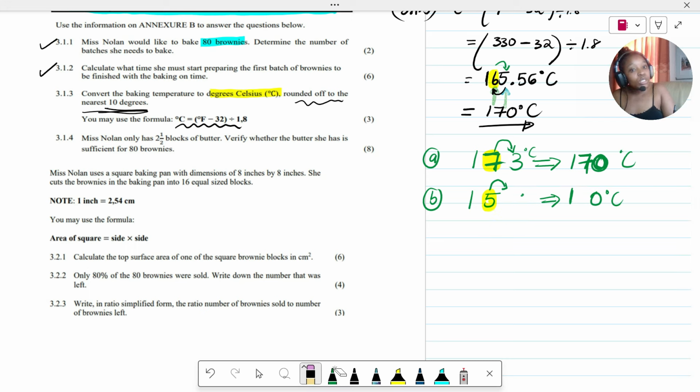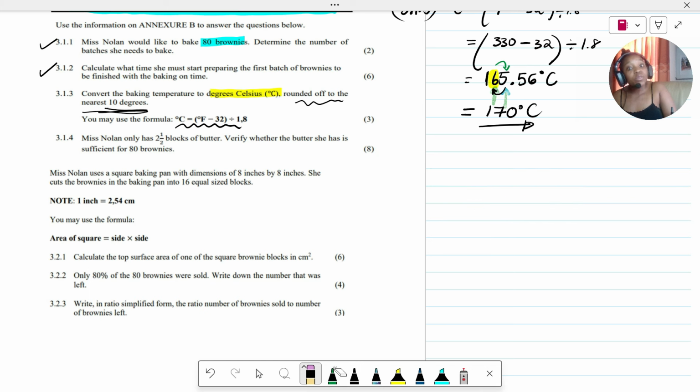So please don't mistake rounding off to the nearest 10 with rounding off to 2 decimal places or 3 decimal places. They're not the same thing. We do not round off in the same way. If they're asking you to round off to the nearest 10, nearest 100, they're just saying that they want the answer to be a whole number, and it's guiding you on which place value you need to look at, and which value needs to either change or stay the same. But if they're asking you to round off to 2 decimal places, 3 decimal places, then it's telling you how many decimal places you must have after your comma. So do not